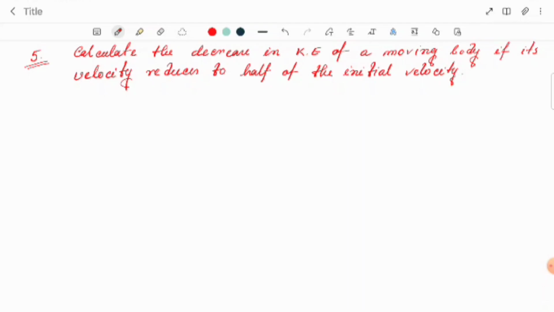So first we have to calculate the decrease in kinetic energy of the moving body if its velocity reduces to half. Suppose the body has mass m,